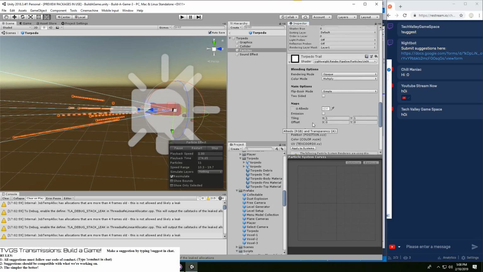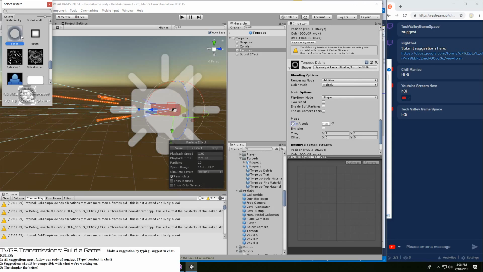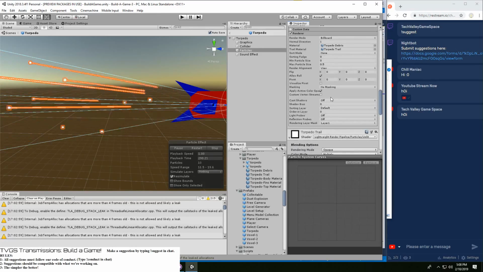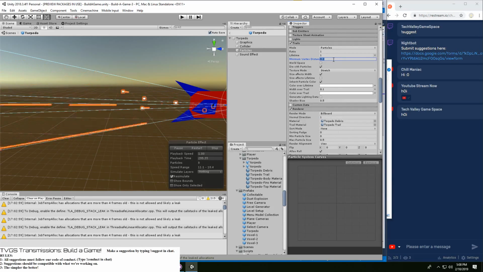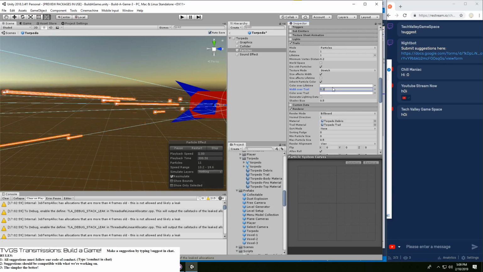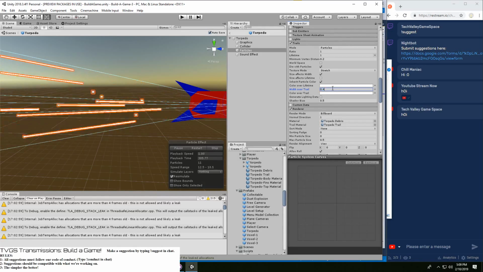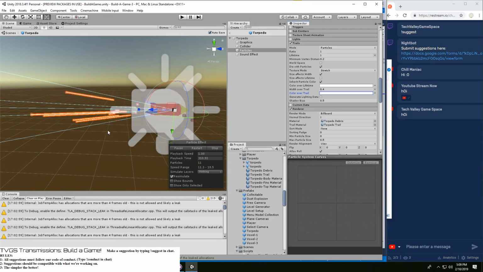It may have been that the original particle, yeah, this particle albedo is not doing it for us. Yeah, I kind of like that one better, so let's stick with that. And then let's make the trail a little thicker as a consequence. Multiply that by 2 again. What happens if we multiply that by 2? Okay, that's a little too large. So that's approximately what I want.